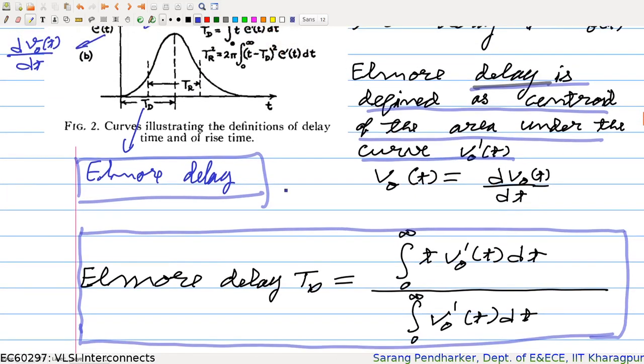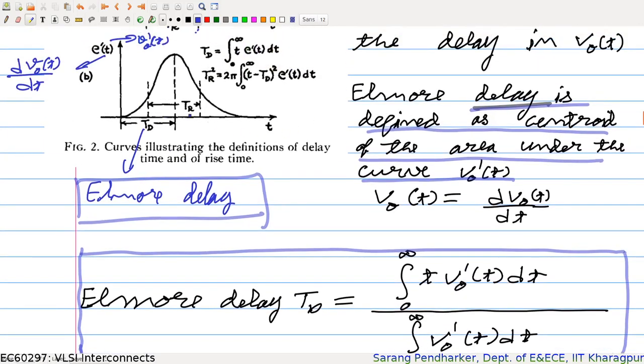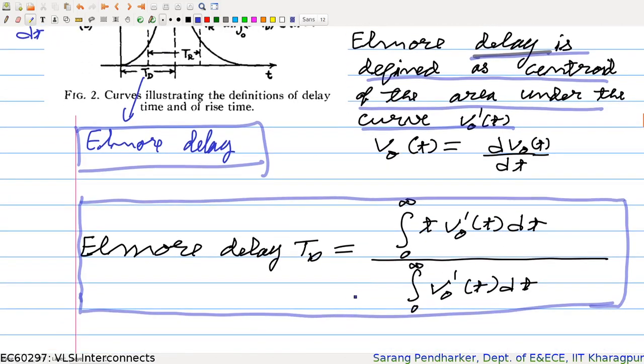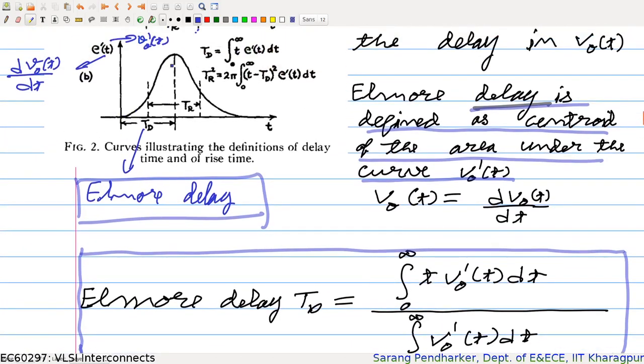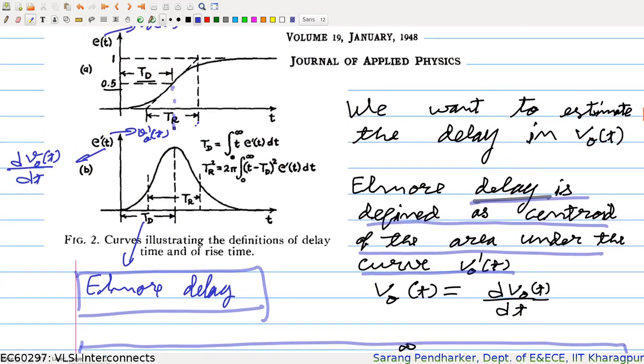So what would be the centroid of this? Integral 0 to infinity t into V out prime of t, which is the derivative of your output voltage, into t, divided by the total area under this differentiated output voltage, right? So this is how he said. So this is my output voltage. I just want to find the delay, and then you can see that this is mapped here, and then you can also define the rise time. He has defined the rise time. This is how he defined TD. So if you look at this,